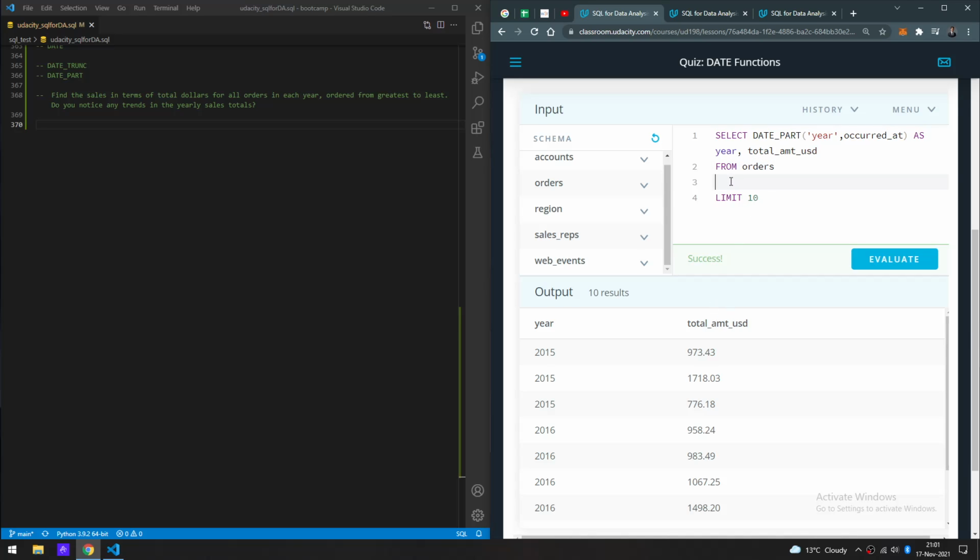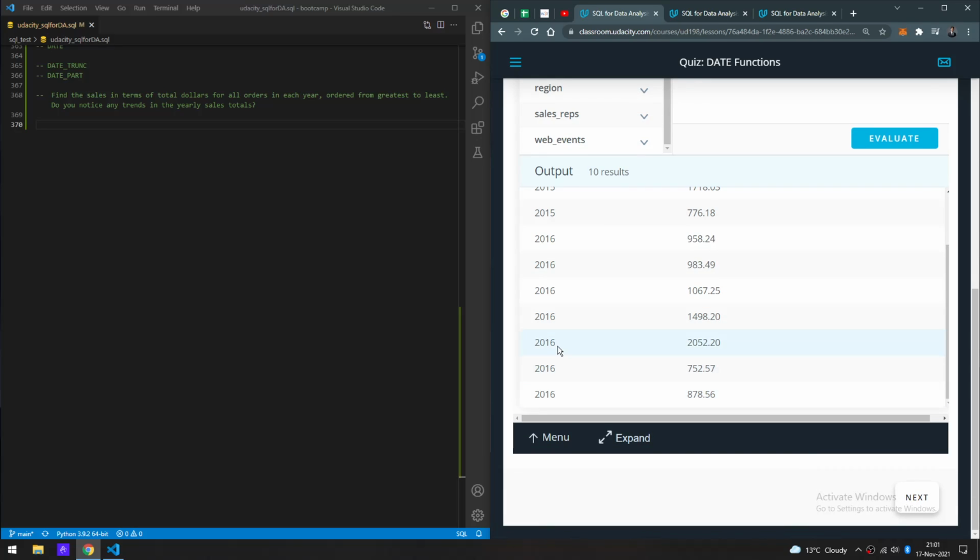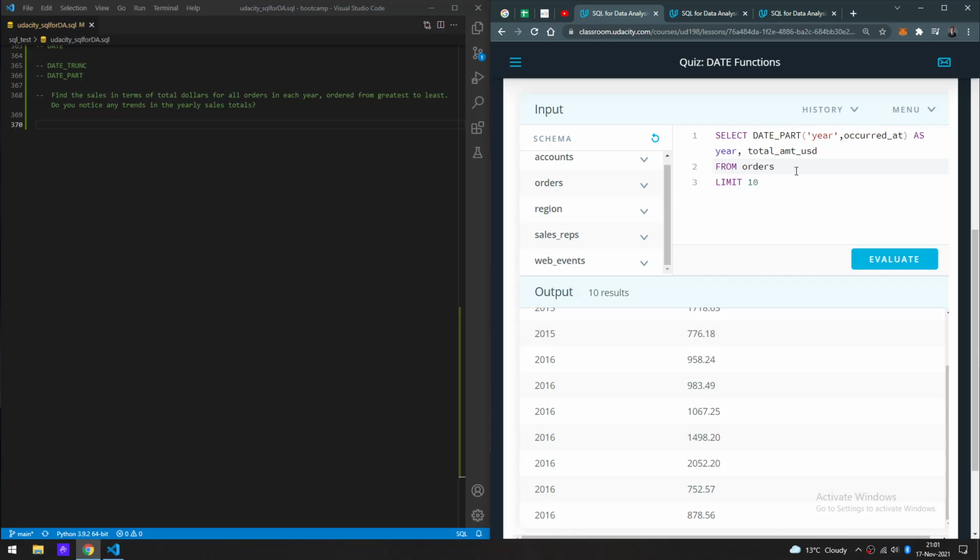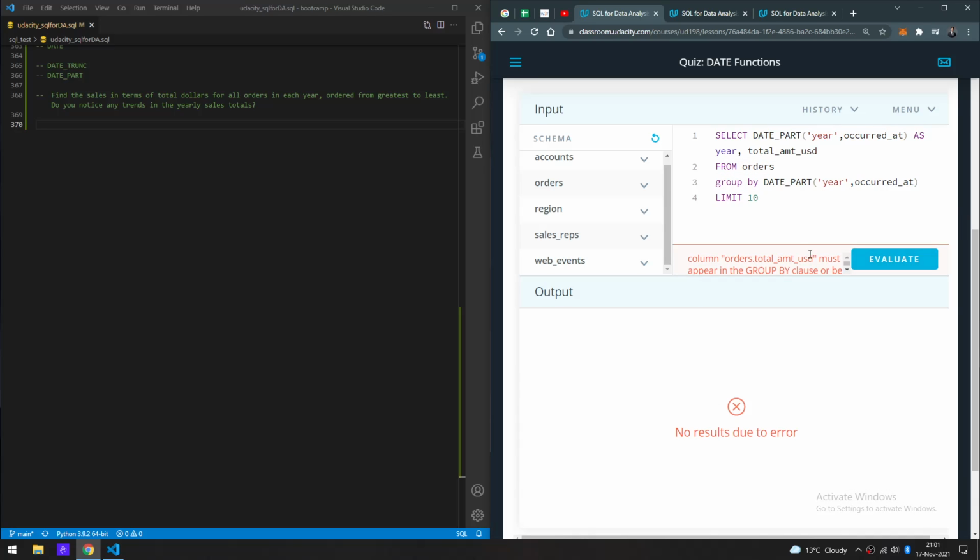So I'm just taking out the group by for a second and just trying to see that we got the total amounts at different times of the year likely being spent, right? So we got 900, 1700, 770, et cetera, and for the various years. Now, if you were to group it, what if I wanted to group it by the following? Must appear in the